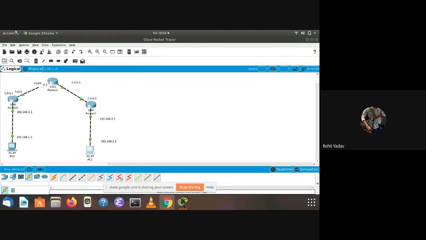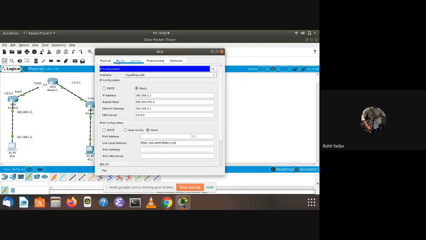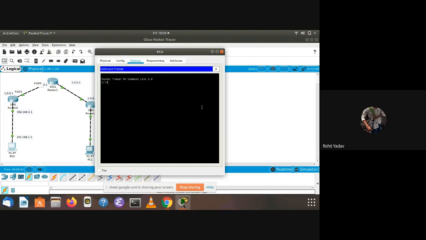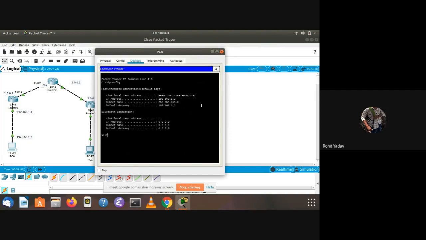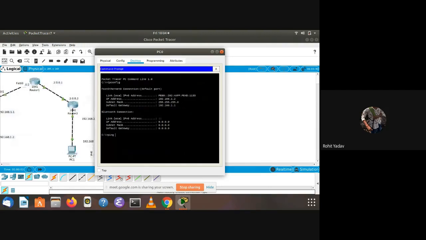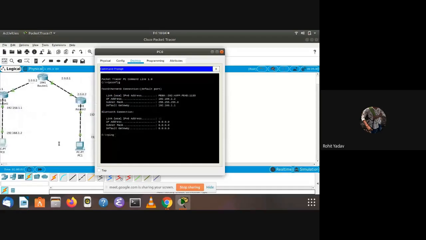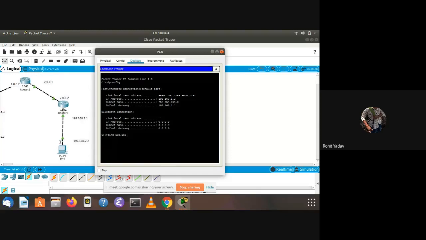So we will go to PC2, select the command terminal and check the IP config. We are on this IP address and we are going to send the packet from this IP address to this IP. So let's see if it works or not. The IP address of this PC is 192.168.2.2.